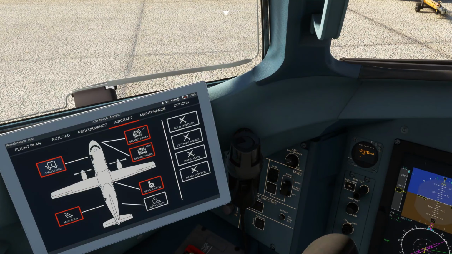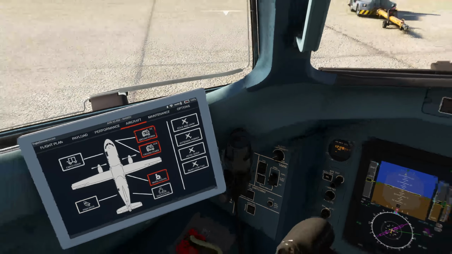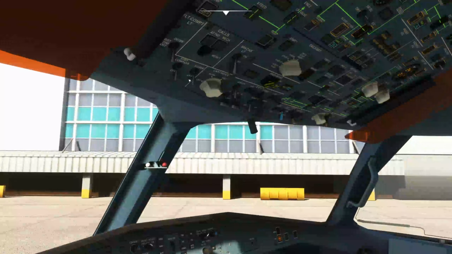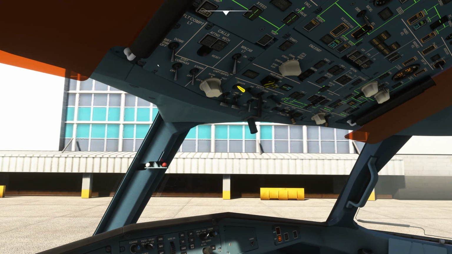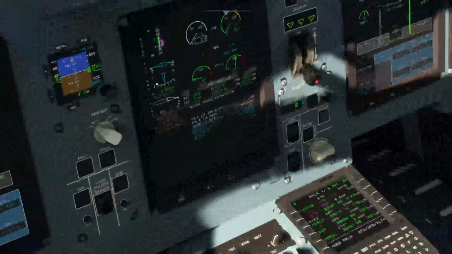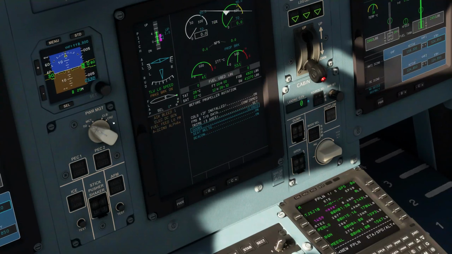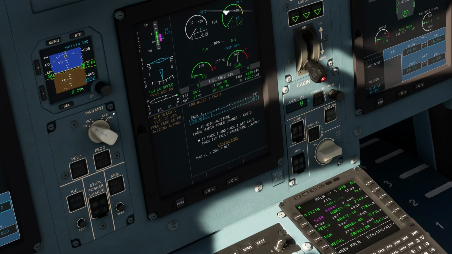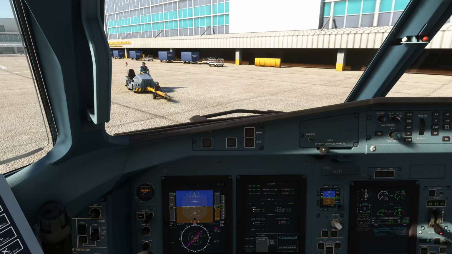Come on over here, close the doors. Go ahead and while those are closing, get the seatbelt sign on, beacon light on. We can finish up our checklist down here before propeller rotation. Doors closed, seatbelt sign on, beacon light on, for propeller rotation checklist complete. And with that, we are ready to get the engines up